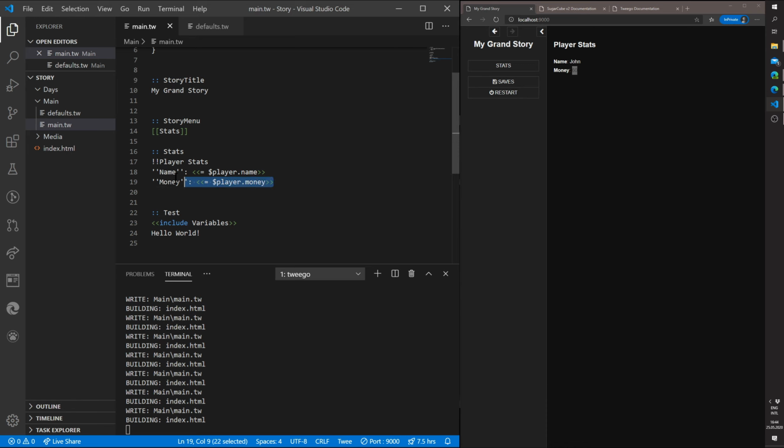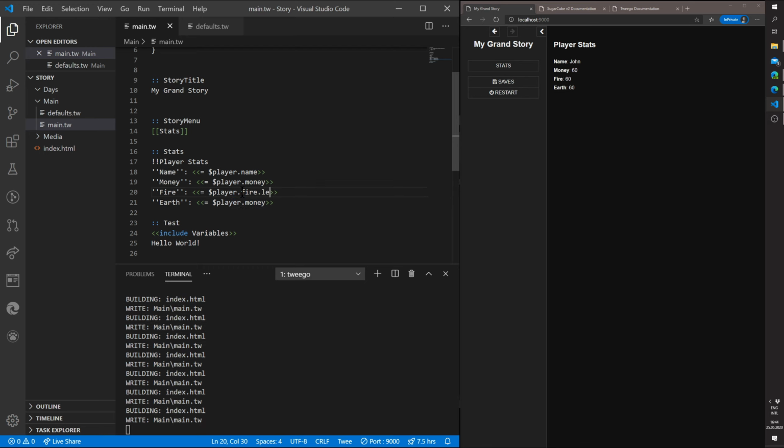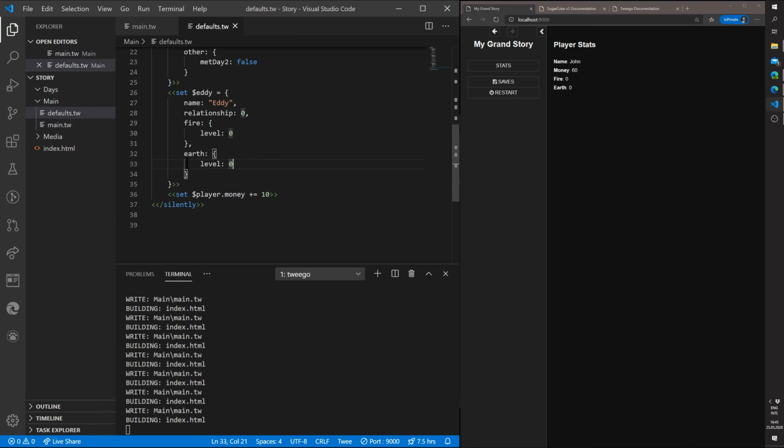Okay, and we're going to do the same for the magic part also. So fire and earth. And this is fire dot level and earth dot level this way. And if we have this one, then